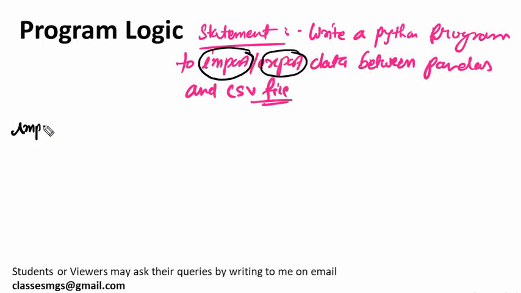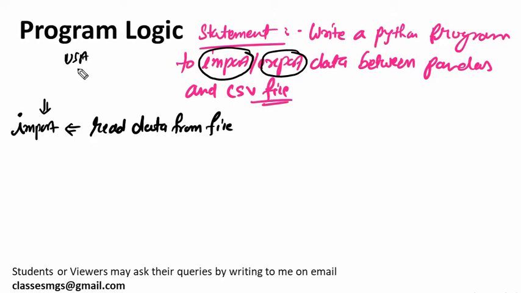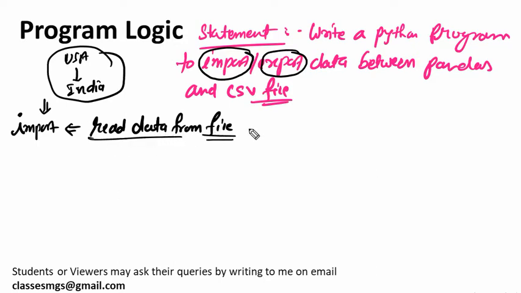Import means reading data from a file. The technical term is import. In general English, import means taking something from someone. Let's suppose India is importing oil from USA. That means we are taking something from USA to India, that is import. That way you can also understand. Import means reading the data from the file, and export means